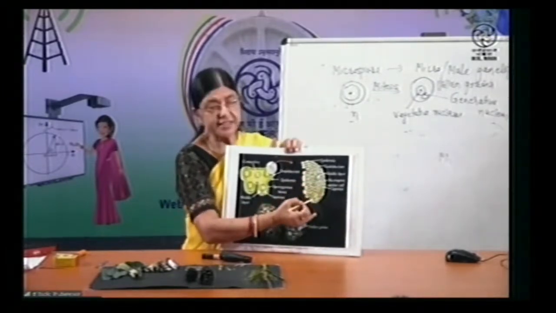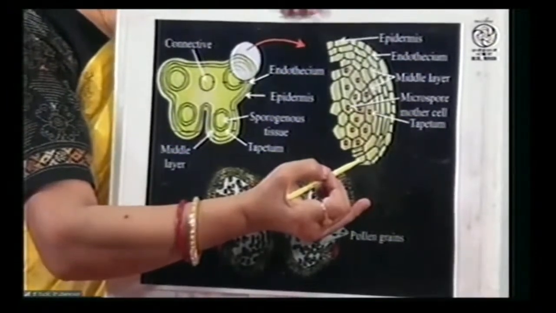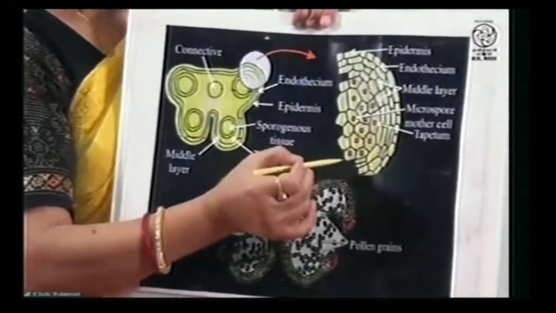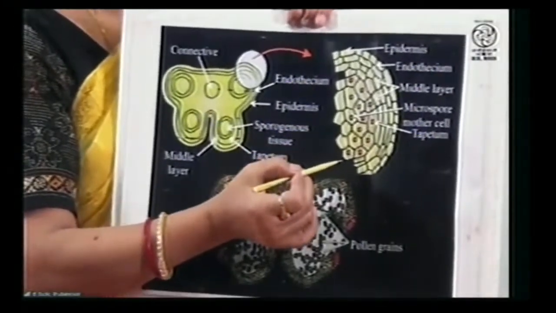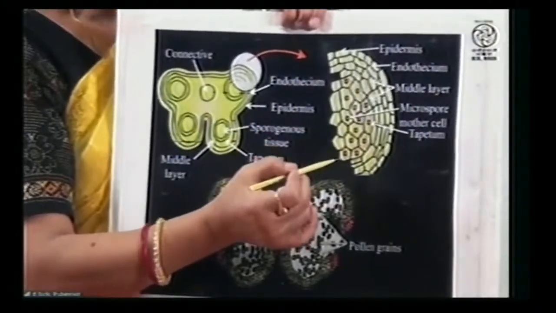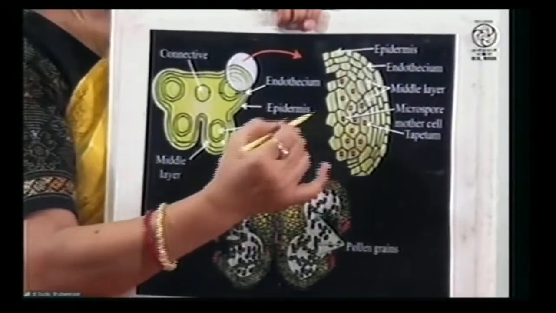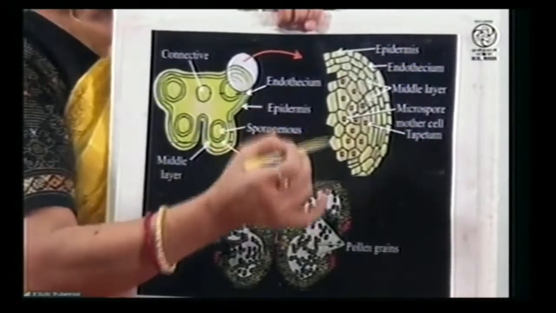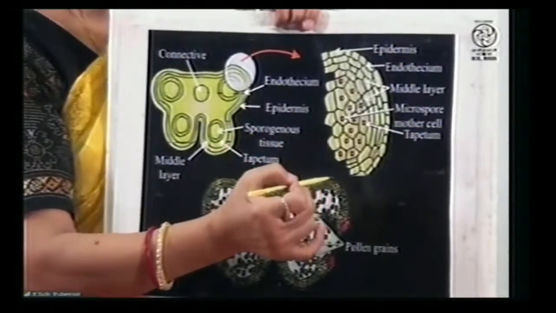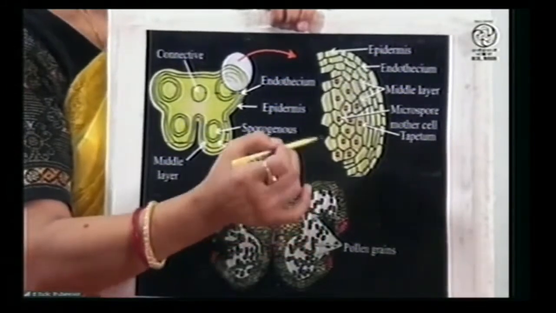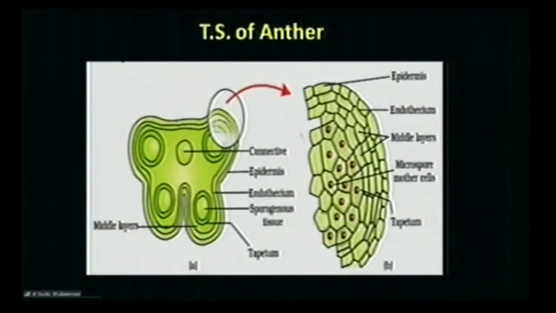So these layers are mostly made up of thick wall tissues, but at certain places they possess thin wall tissues too, and this thin walled region is called stomium. So when the anther matures and pollen grains have been formed inside, the cells will burst through the stomium, because the stomium is made up of thin wall tissues, so their bursting will take place, and when bursting takes place, these pollen